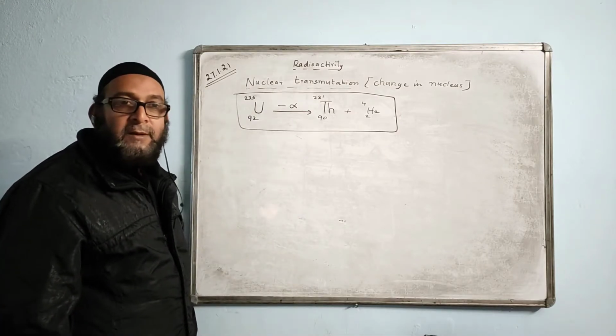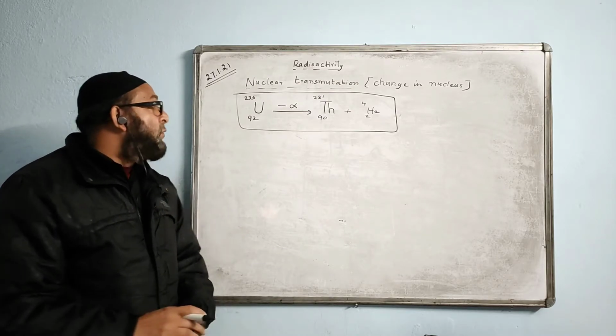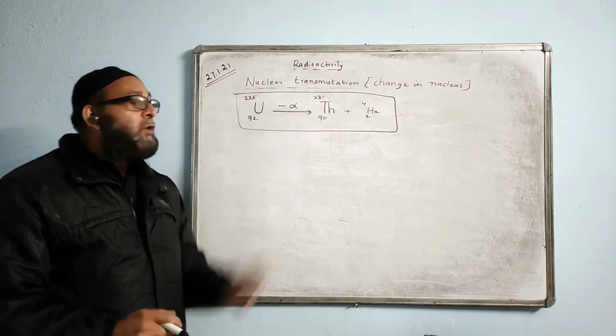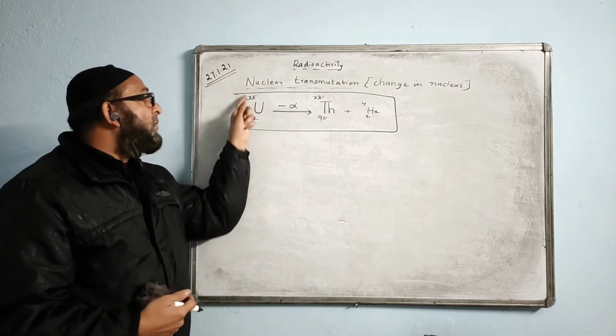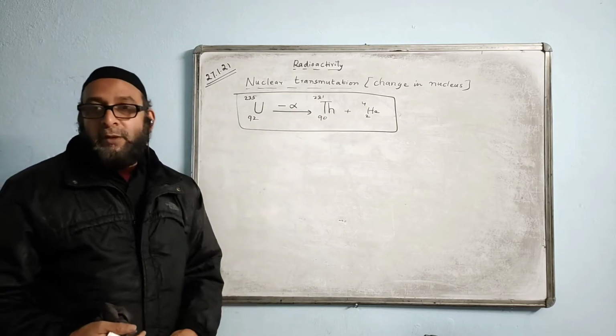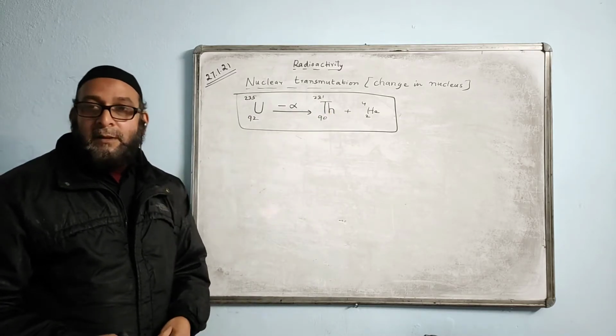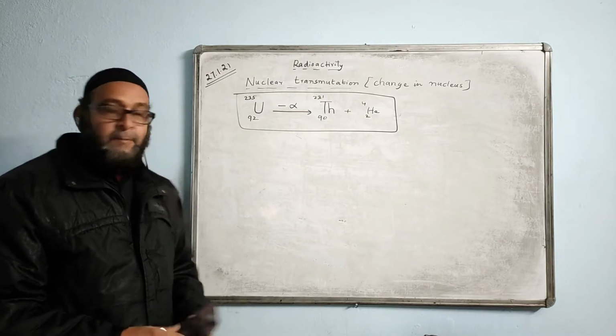They may not give it. They will just ask you to write the nuclear reaction to change the uranium nucleus into thorium nucleus. Then you have to write all these numbers. You can know the method of doing it and do it by yourself, but you have to know the name of this element. The name of this element is thorium.